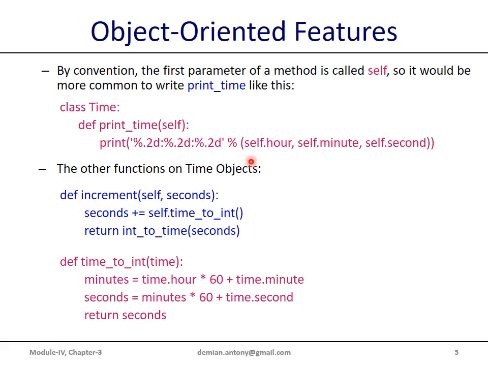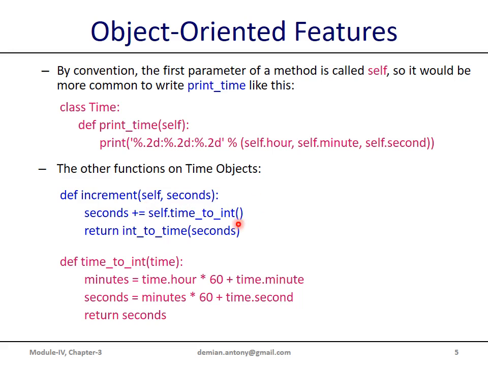Similarly, we can write two other functions with this subject. One is increment. This is the object on which this method is being invoked, self, comma, seconds. If you see a simple function increment, we had only one parameter. Now we have two parameters, seconds as well as self, and we convert this seconds into